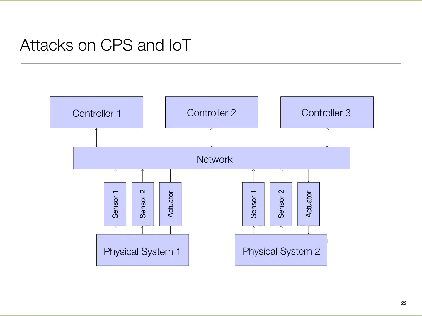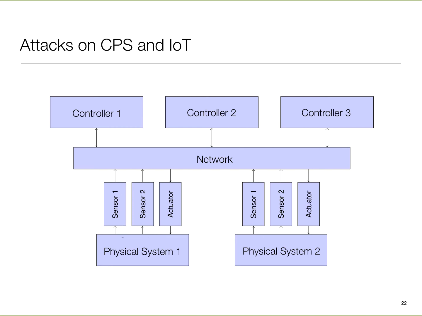Okay, so let's examine some of these. What I've shown here is a generic network control system. There are some physical systems here. These could be, let's say, traffic light control in a city. Usually these physical systems would have some sensors and actuators. It could be a sensor which is measuring, let's say, the cars which are stopped at different points on that intersection. Actuator is what controls the light.